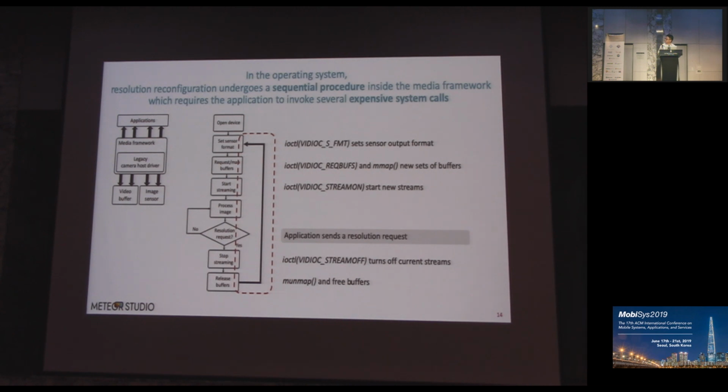In this sequential procedure, we can see that the buffer or the memory is requested based on format. If the format or controls that change the buffer layout are to be modified, the media framework requires the streams to be stopped, which leads to repeated memory allocation and this sequential reconfiguration. So our framework should be able to minimize format synchronizations across the video system stack while ensuring correct sensory data.